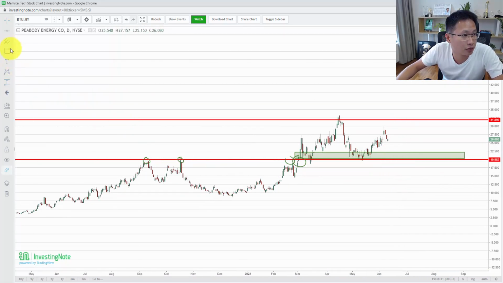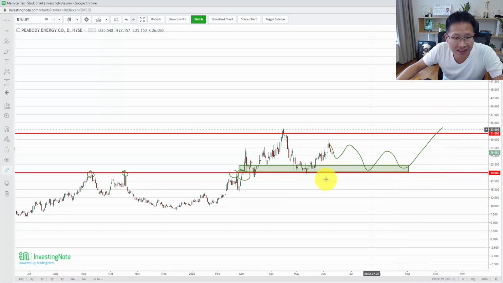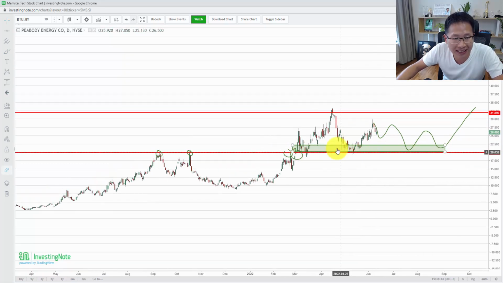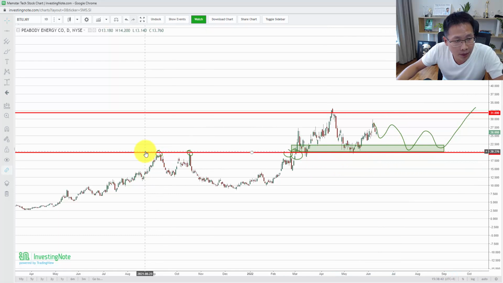For example, let me just draw it for you. We might actually trade lower, right? Might consolidate, might hit lower, might rebound from here and hit this zone again and start to consolidate here. But this is pretty much the range whereby we can see some good bargain hunting happening again in an uptrend. So in an uptrend, this is what we call the buy zone. All right, so this $20 has turned from a resistance to a support, and anything above $20, if it nears that,